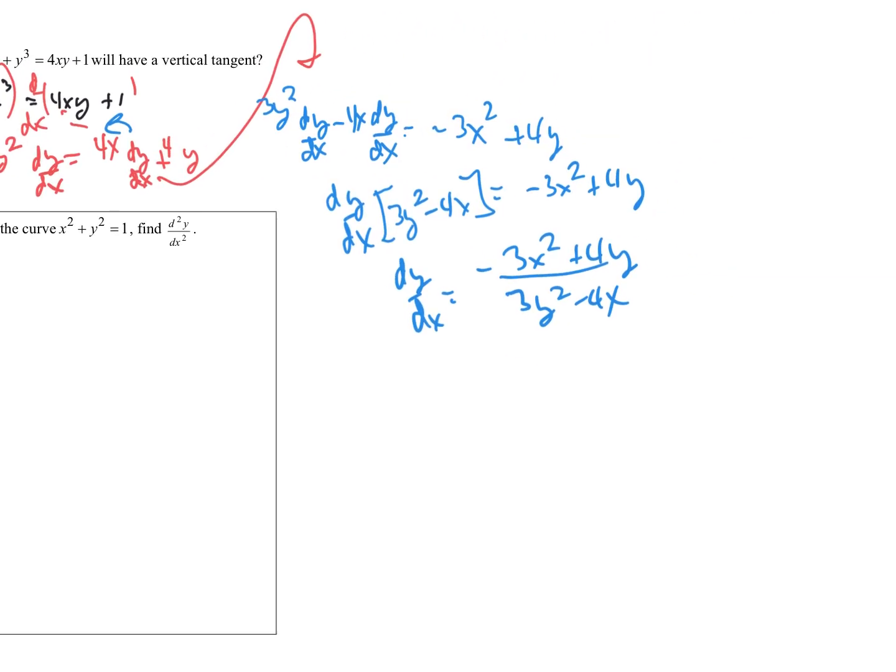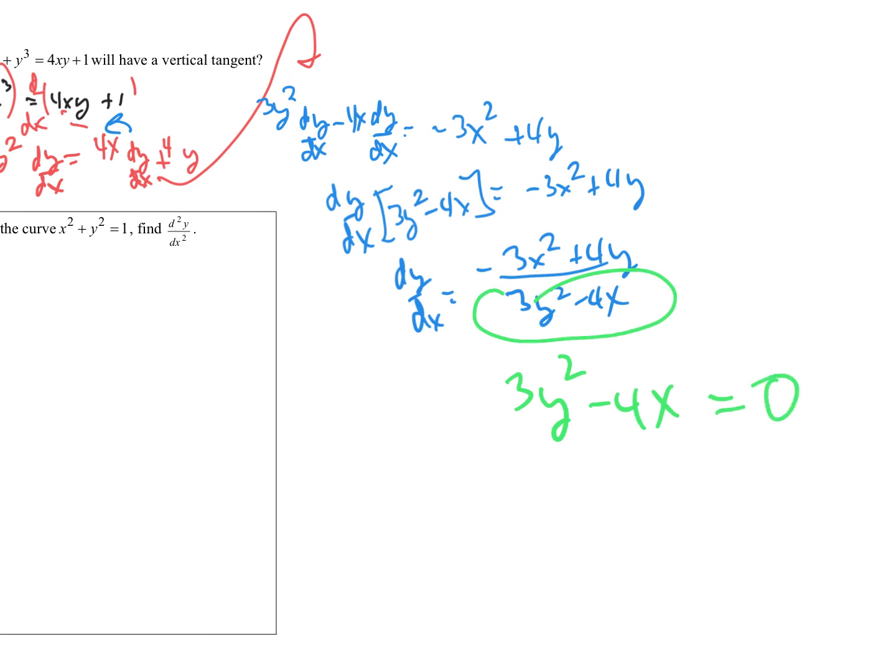Vertical tangent would mean your denominator is equal to 0. So I will take 3y squared minus 4x and set that equal to 0,